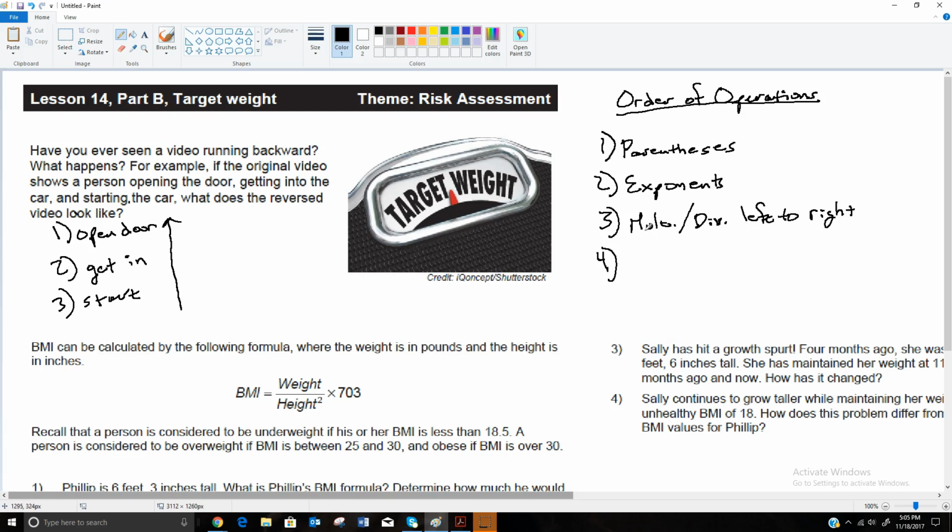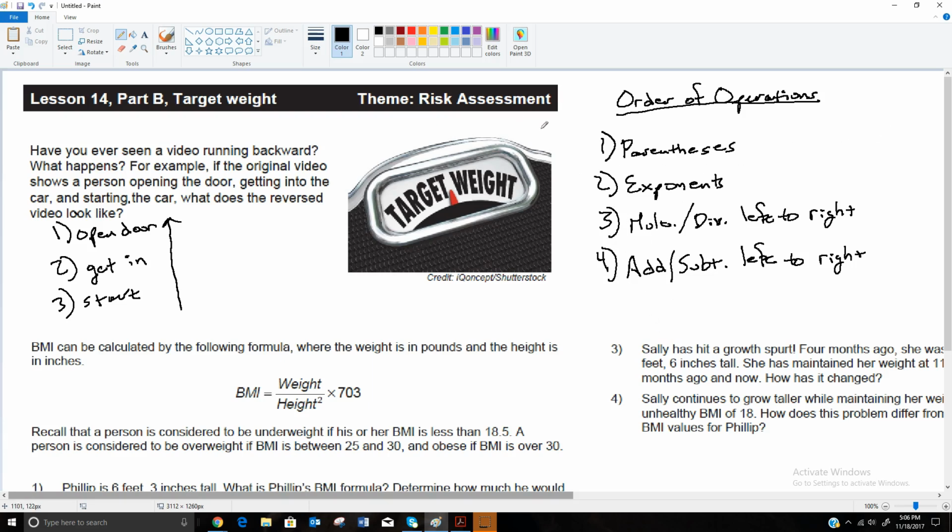The next thing after multiply and divide left to right is the same thing with add and subtract from left to right. Again, you don't do all the addition and then come back and do all the subtraction. You go from left to right in the problem, and any addition or subtraction that you see, you do as you go from left to right. So these two operations are on the same level, and these two operations are on the same level. So there's really just 4 steps to the order of operations, not 6.